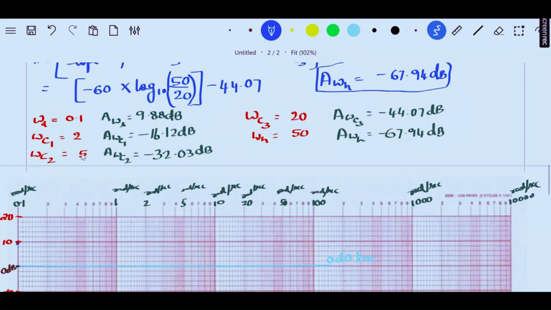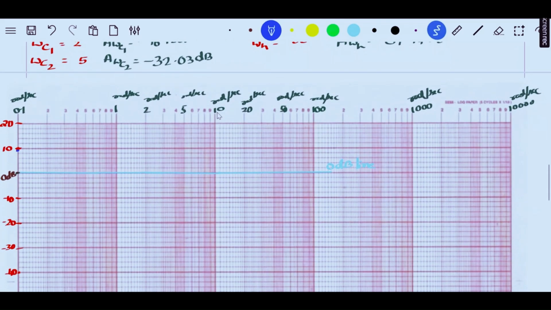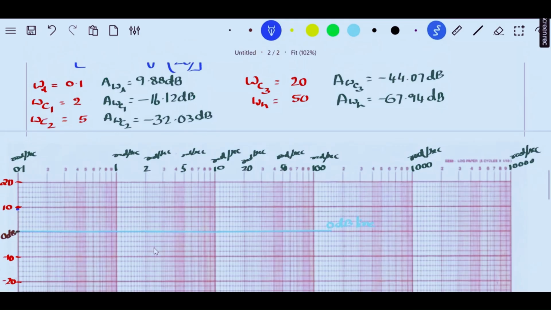At 2 radians per second, we have minus 16.12 dB. So minus 10 is this line, minus 12, minus 14, and minus 16.12 is somewhere at this point. Similarly, at 5 radians per second, you can see here,